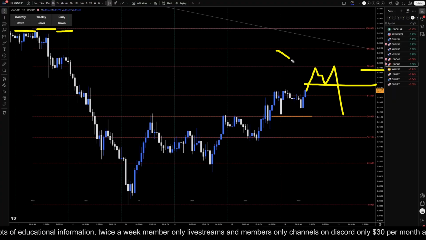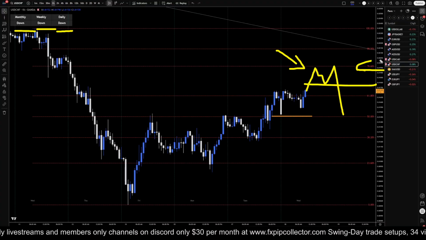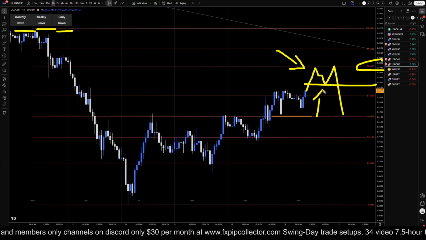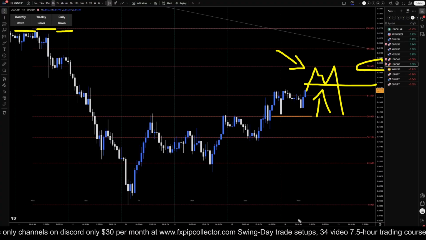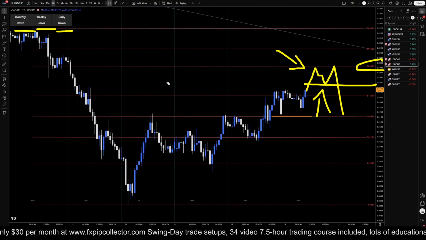I would have to see this picture right here to believe it before I would start to go short, because there is a chance that this is going to just keep going up. So I would definitely want to see a Fibonacci bounce. I would definitely want to see a break of structure to go short for potentially the continuation of the higher time frame downtrend. Now today is FOMC interest rate news, which is a really big news event for the US,